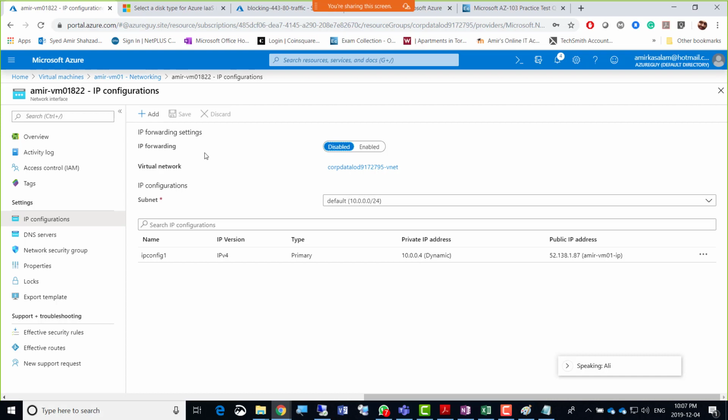Cool. Okay, thank you. That's really good for everyone to see. Thank you, sir. No problem. So here, yeah, we don't have that option. We're not seeing that because we do have a public IP already. But as Ali has just mentioned, there will be an option for public IP. You just have to enable that. So IP forwarding is there, but that's obviously not what we need. Public IP will be there, and you need to enable that.